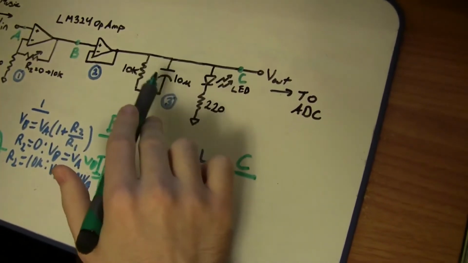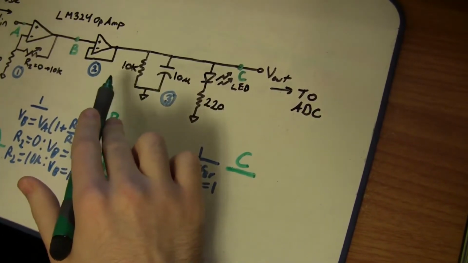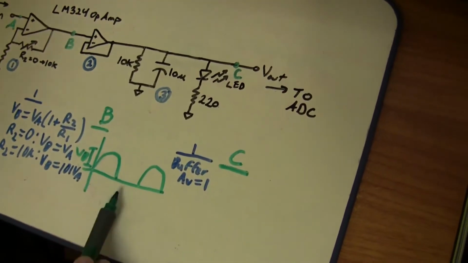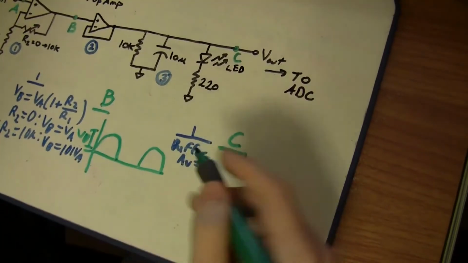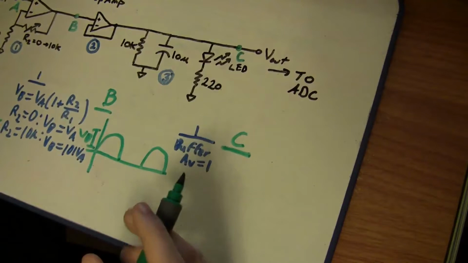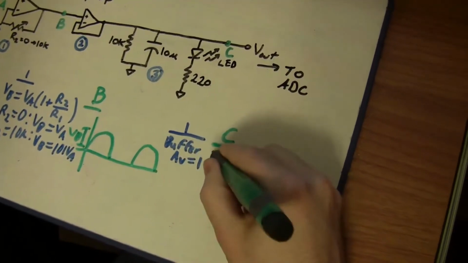So this uses a capacitor and a resistor in parallel in order to try to make sure that this voltage doesn't actually go all the way down. This allows us to only look at kind of the overall average of the amplitude. So this graph